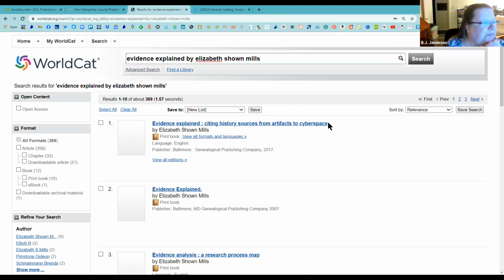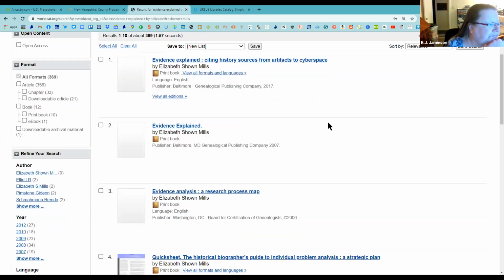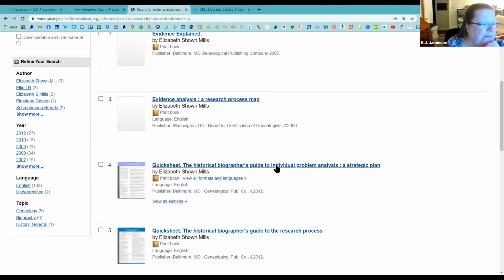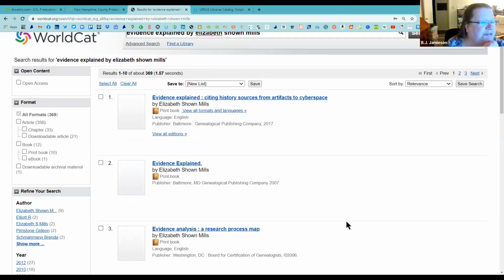Now you'll notice when we get here, there's a bunch of other things, but you'll notice that there's a 2006. It's Evidence Analysis, that's a different one, but you have two different editions of this. And this one says view all formats and languages. So if we go here,